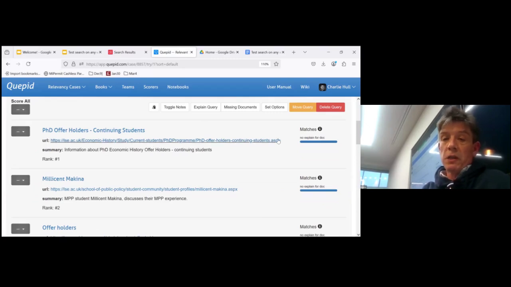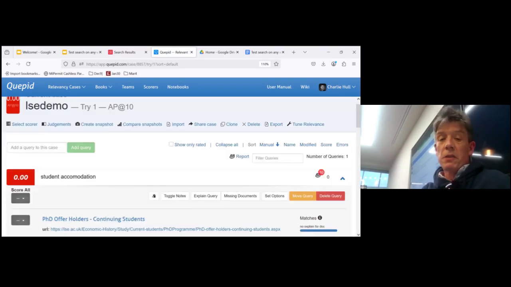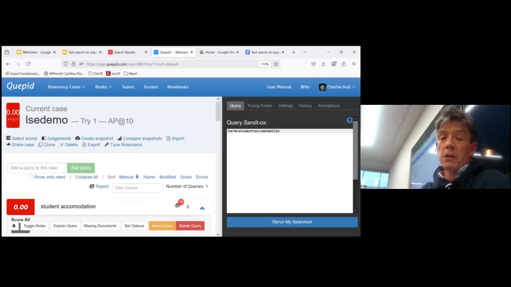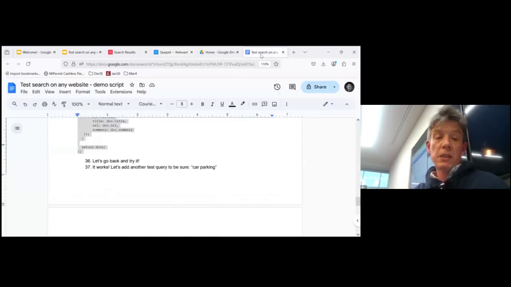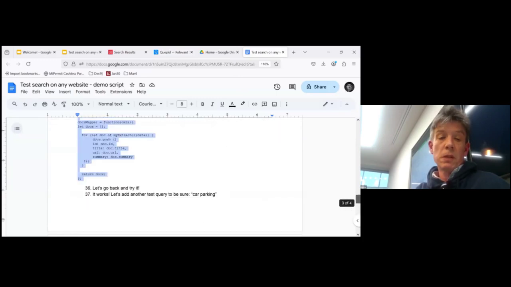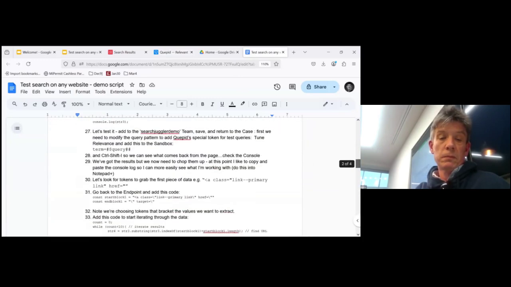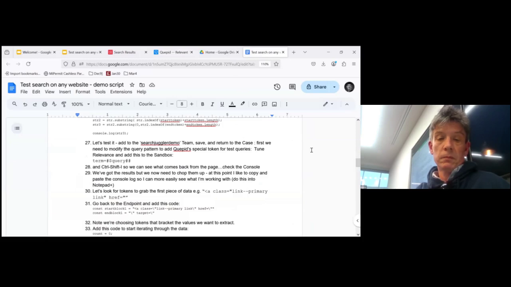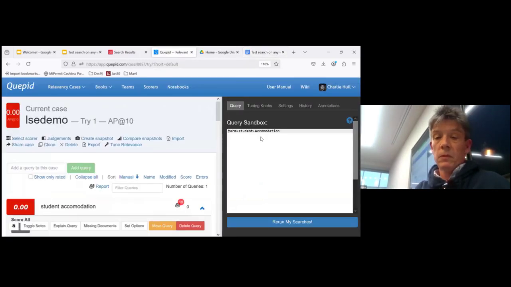Now, there's one thing that's not going to work, which is the fact I've hard-coded the query. And I want to add another query. I'm just going to paste in the magic token that Cupid uses to this. By pasting this in, it means I can put other search queries in and build up my test case.